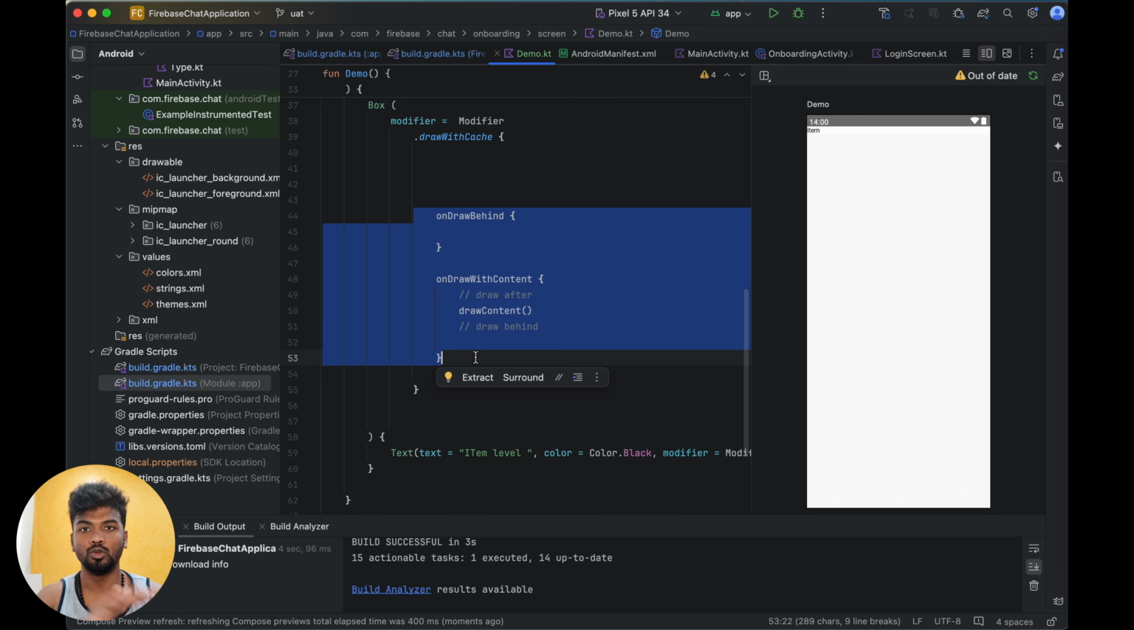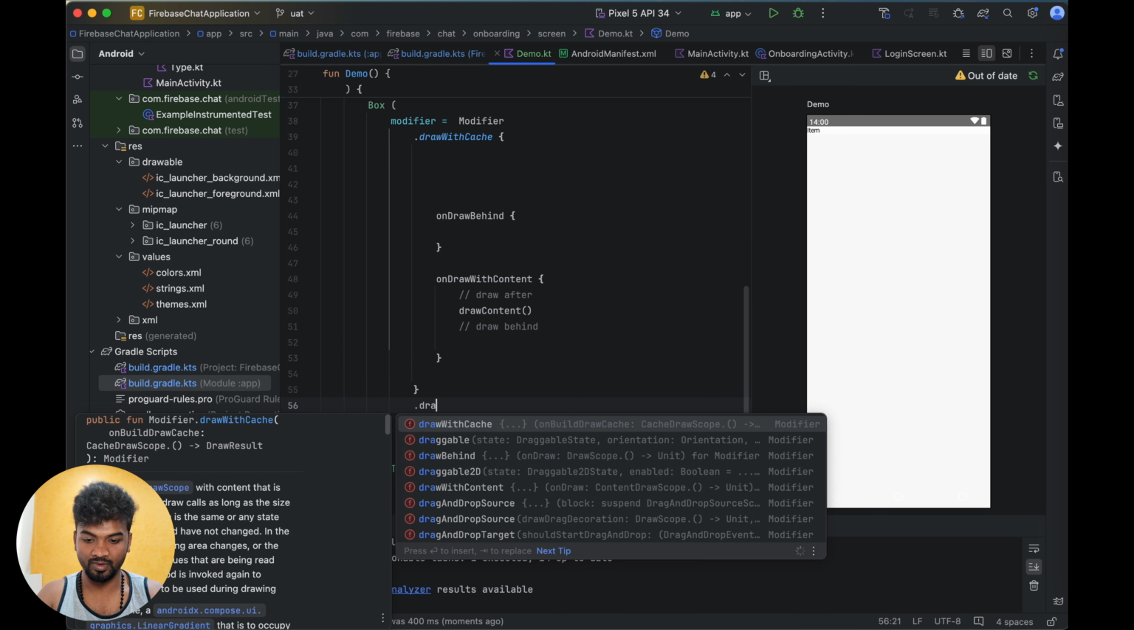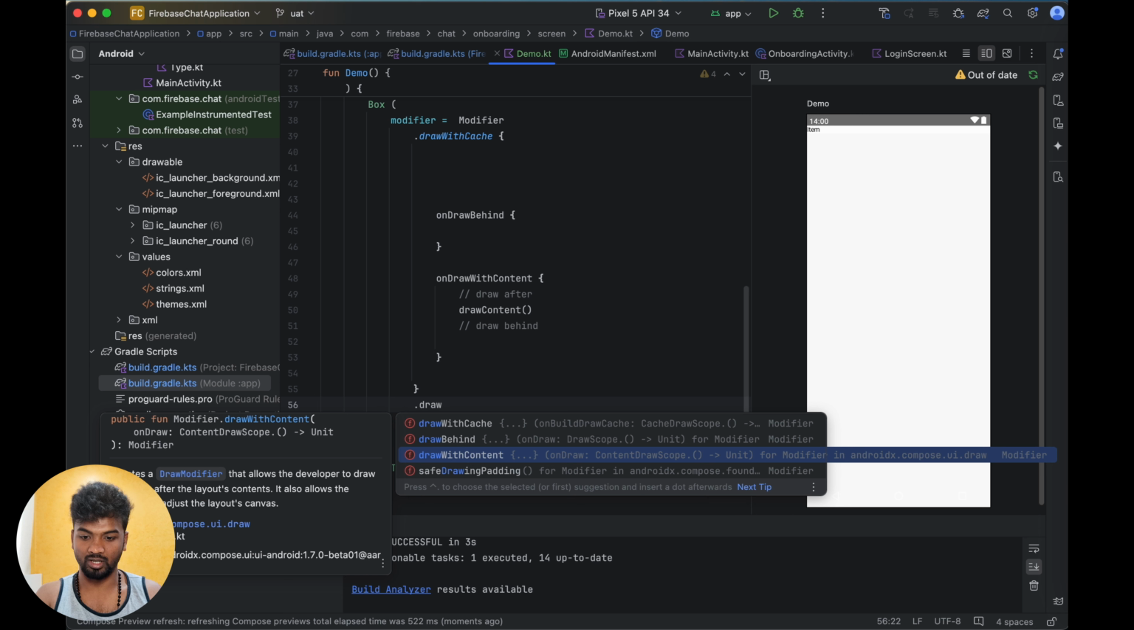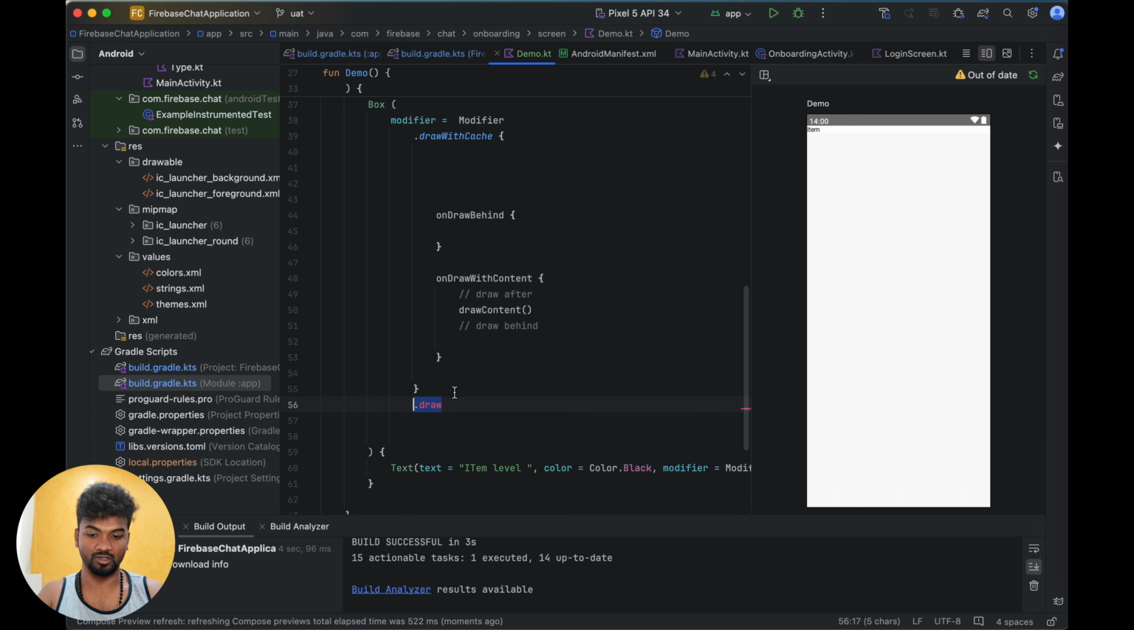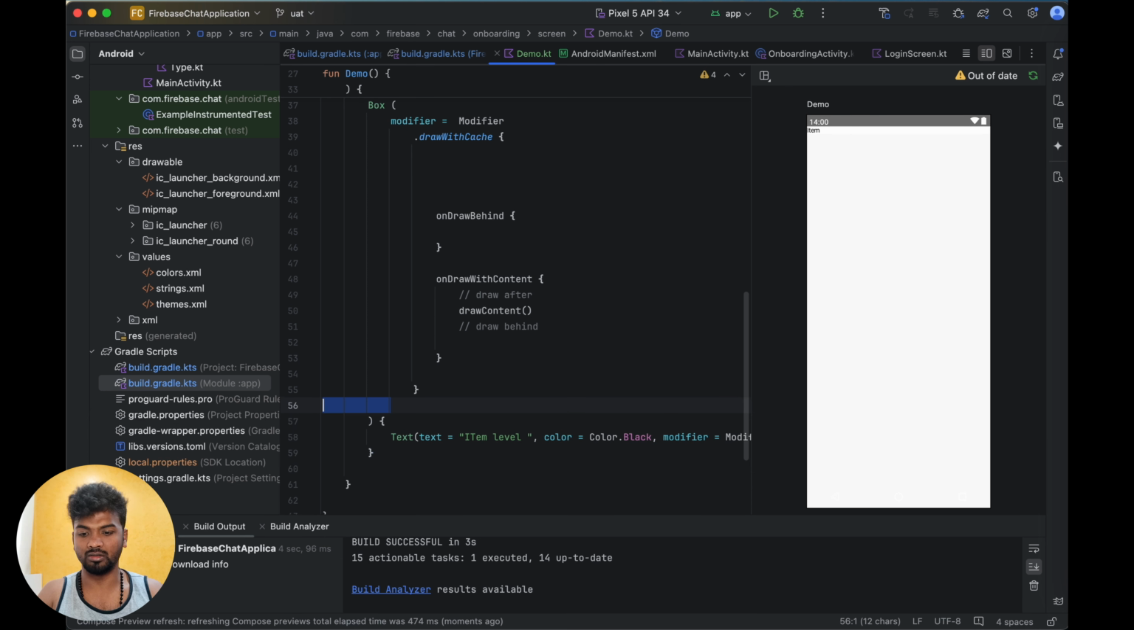Like this. If you don't want to cache the path, you can directly use draw behind or draw with content. You can use the functions directly like this, so you don't have to go to the cache functions if you don't want to recalculate. If you need to recalculate in some places, you can use it like that. So this is how drawBehind and drawWithCache will work. Actually, you have a lot of other methods also, like